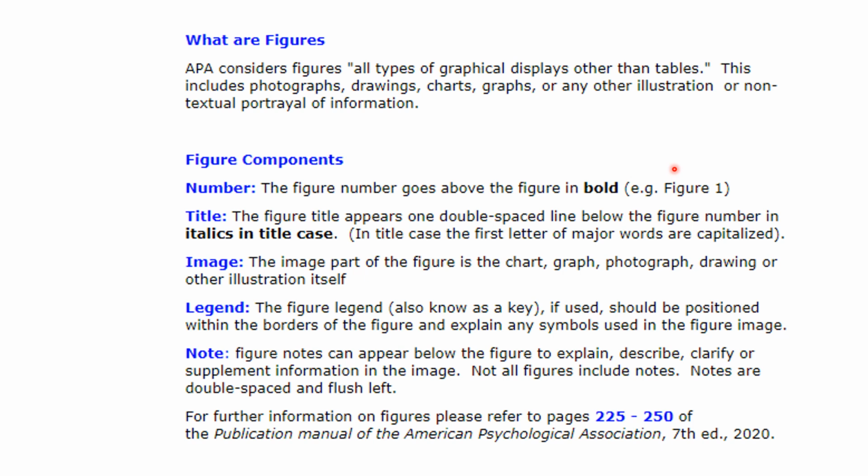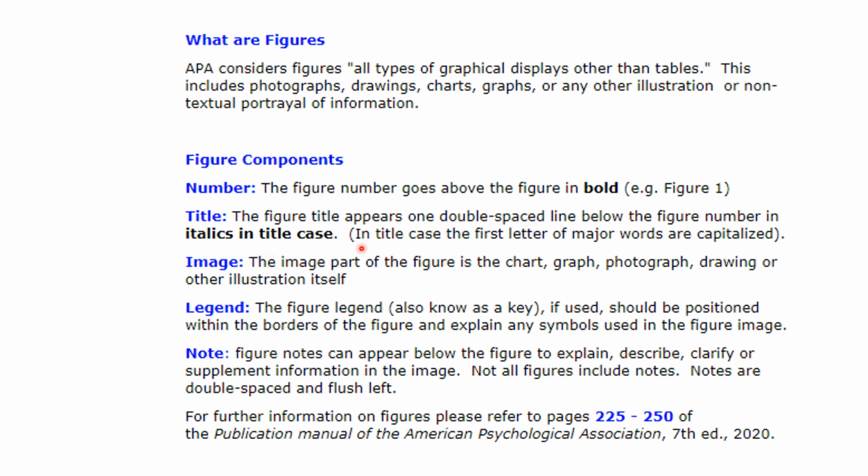But this change or alteration in the 7th edition is actually a very good change because it will not confuse manuscript writers anymore. Okay, so the way we label figures and tables is almost the same. For the title, the figure title appears one double-spaced line below the figure number in italics